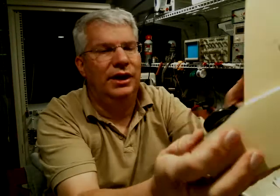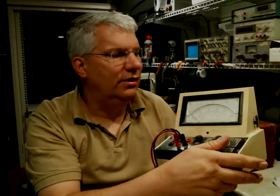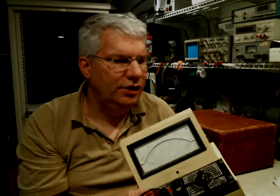Potentiometers, some more power supplies, and things like that. An example of something that I could bring back would be something like this. This is an old Weston analog meter. You might ask, why would you ever want one of these? Well, it turns out that these are actually much better for certain types of electronic work, because if you're using a regular meter,